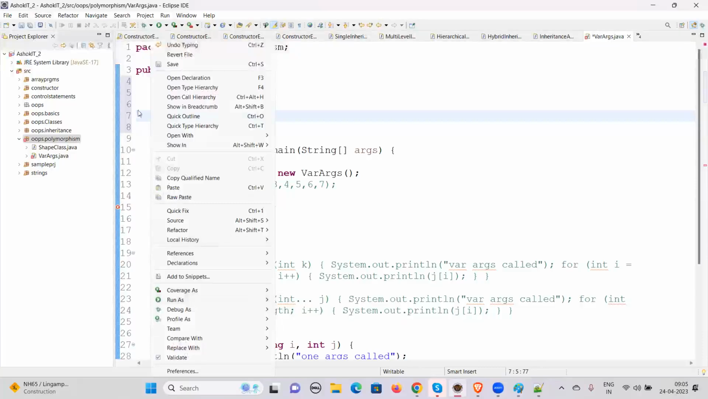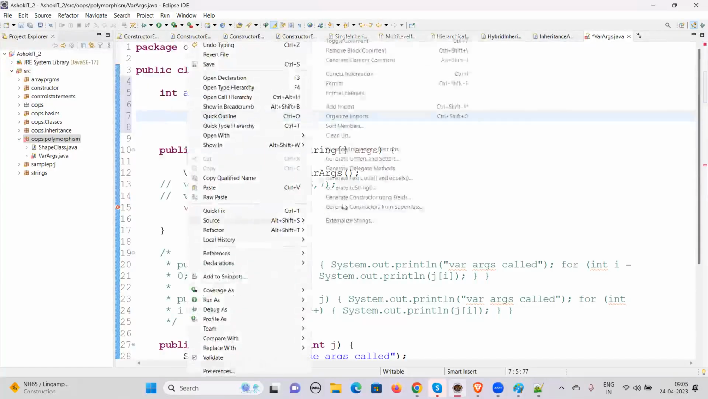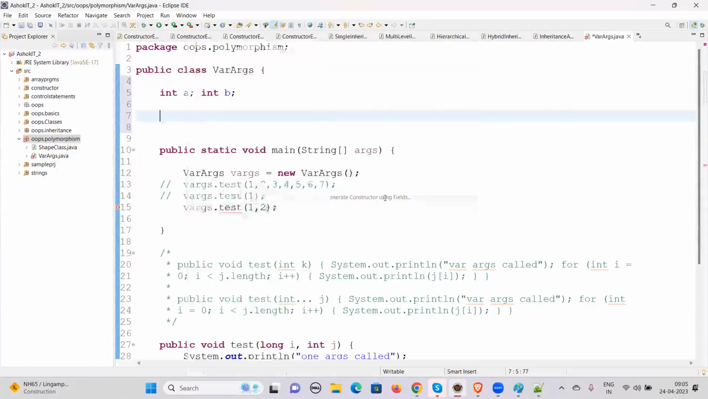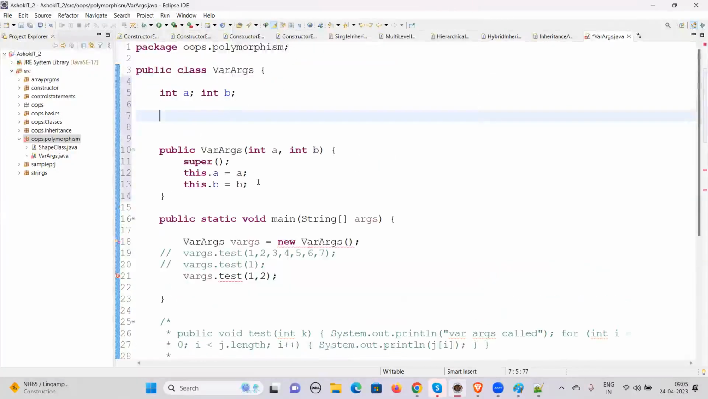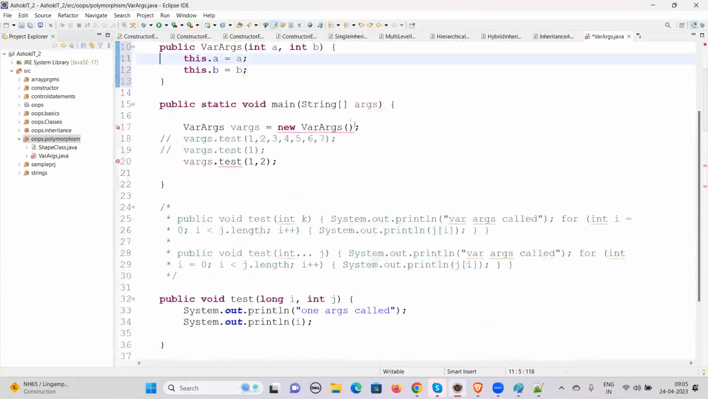So how do we create the constructor? The simplest way is to right click on this editor and go to Source, where you can see the option to generate a constructor using fields. Just select it and click on submit. It will generate the constructor. Now we have defined the